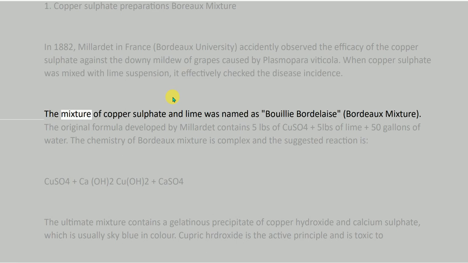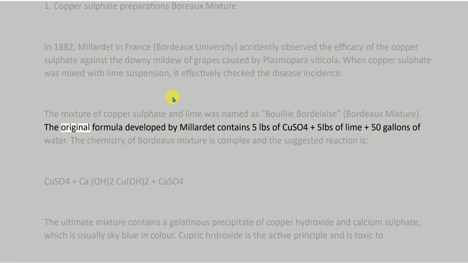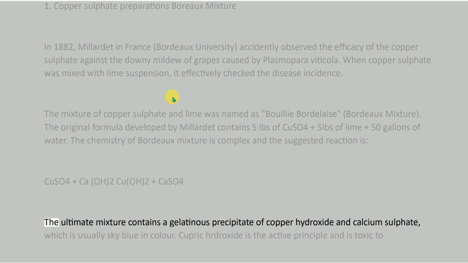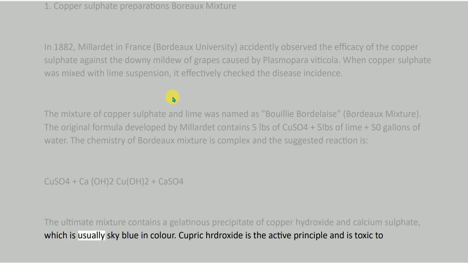The original formula developed by Millardet contains 5 pounds of CuSO4 plus 5 pounds of lime plus 50 gallons of water. The chemistry of Bordeaux mixture is complex and the suggested reaction is CuSO4 plus Ca(OH)2 giving Cu(OH)2 plus CaSO4. The ultimate mixture contains a gelatinous precipitate of copper hydroxide and calcium sulfate, which is usually sky blue in color. Cupric hydroxide is the active principle and is toxic to